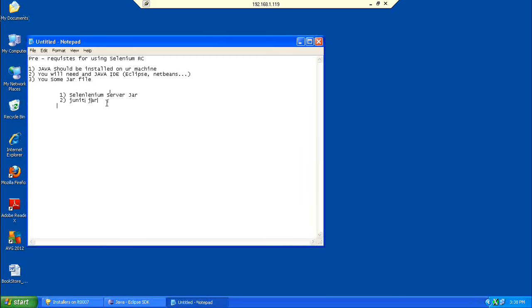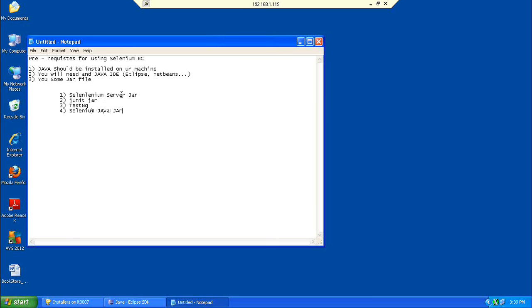3. There is something called TestNG. TestNG is a framework for automating Selenium test cases. Then 4. I need the Selenium Java jar.